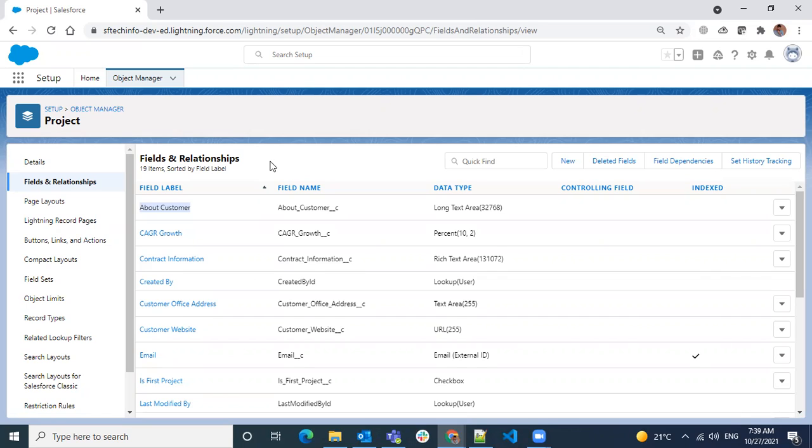So when it's stored in the database, a key is used to encrypt the data, and that we can control in the org.